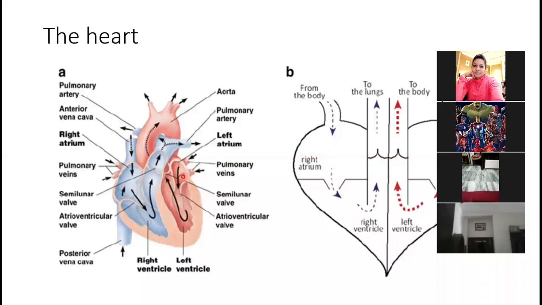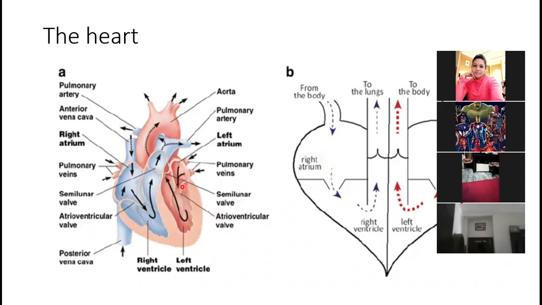These upper two chambers, this one and this one, these are the atrium. As you can see, it is written here left atrium and it is written here right atrium. Then the entry point of right atrium to right ventricle. This one is right ventricle. It is guarded by a valve. These valves are known as atrioventricular valve or tricuspid valve. Right side of atrioventricular valve is also known as tricuspid valve. Yes, friends, it can come for labeling also.